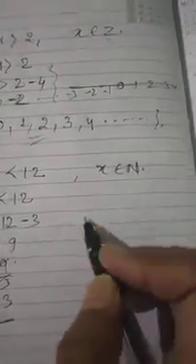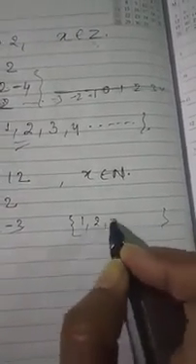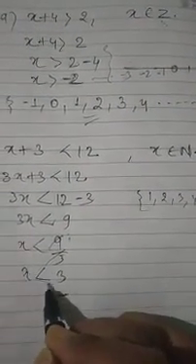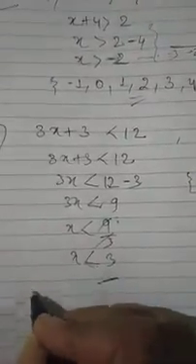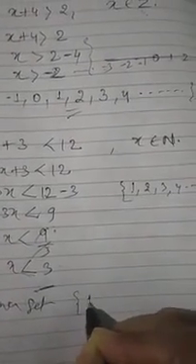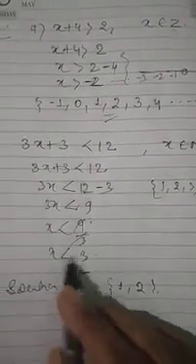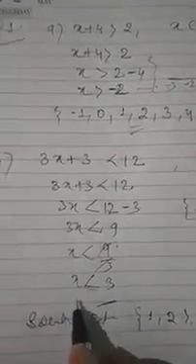And you have to take from the natural numbers only. This time not integers. Natural numbers means 1, 2, 3, 4, ... up to infinity it can go. You have to take all the values which are less than 3. Less than 3 means 2 and 1 only. So what will be its solution set? Its solution set will be 1 and 2 only. Got it? Because it is less than 3. It is not greater than 3. It is less than 3.